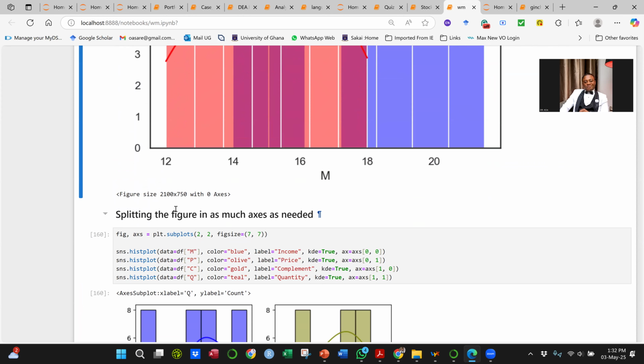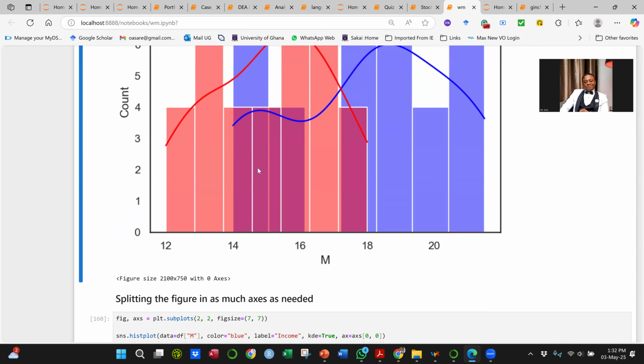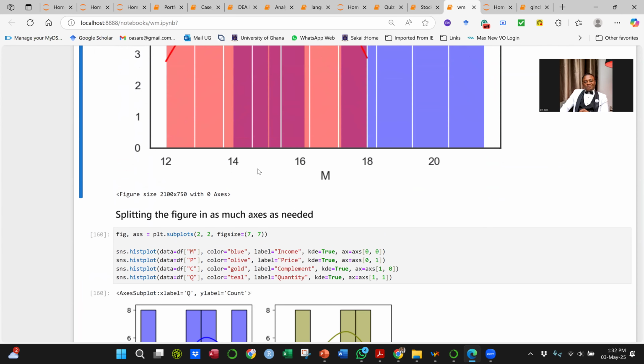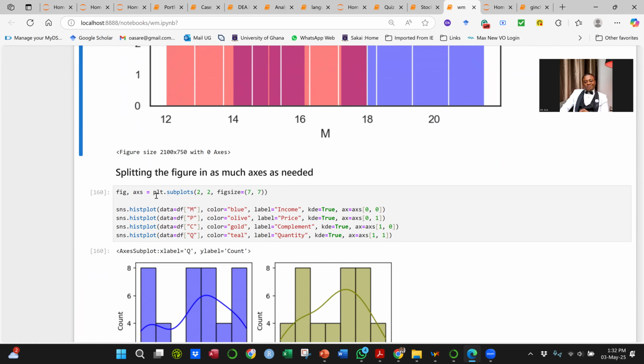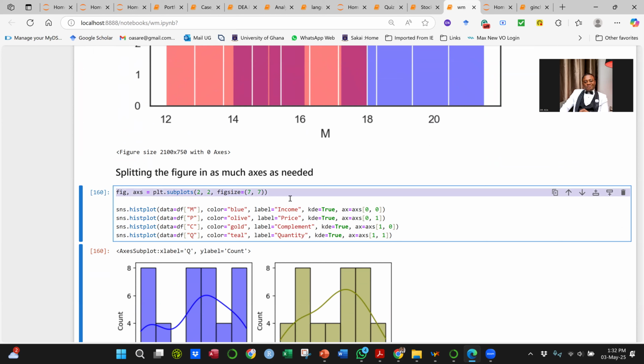You can also split the figures. So instead of having a big one, if you have a lot of comparisons you want to make, you can rather put all of them in one graph. So this first command here will indicate that I want you to have mini plots, which is called subplot. So once you take 1 and 2, you're going to get the plot as 2 rows, 2 columns. If you have 3 and 3, so suppose I change this value to 3 and 3, the idea is that you're going to have